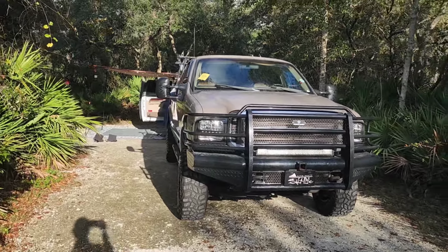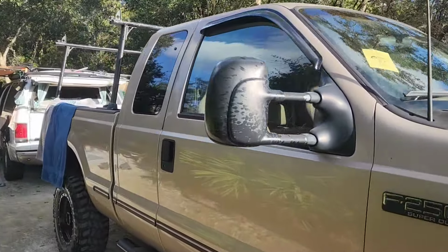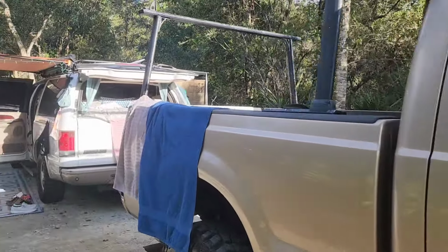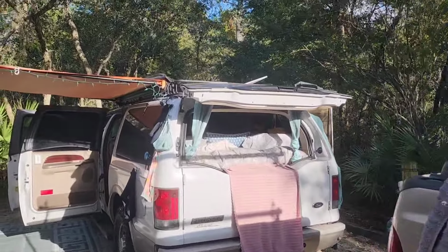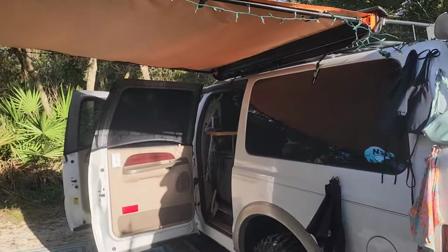Now, the nice thing when we're close to home is we bring both. So this came in handy today, bringing the truck as well, because number one, we didn't have to load everything on the rack up top. And number two,